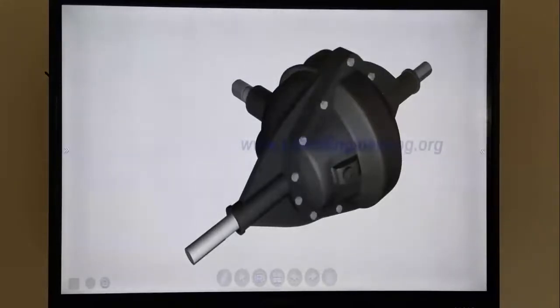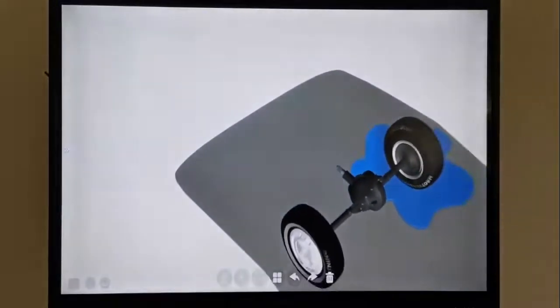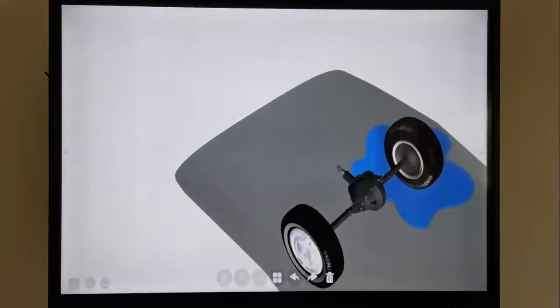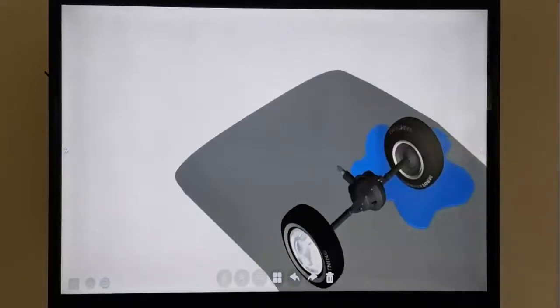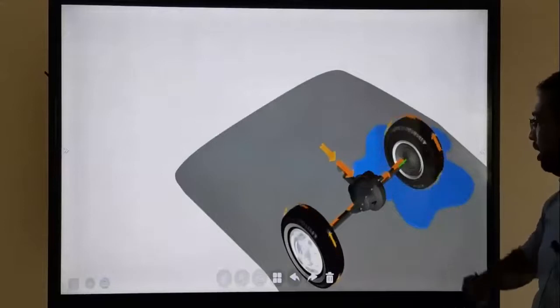So what is the main drawback? What is the one drawback of this type of differential? That means the vehicle is running like this. This is a normal track, and here there is a slippery track. There is some oil or some surface, so slippage. So with this kind of surface, we cannot use this open differential. What will happen? Because of the slippery surface, this open differential sends the maximum power to this right wheel.